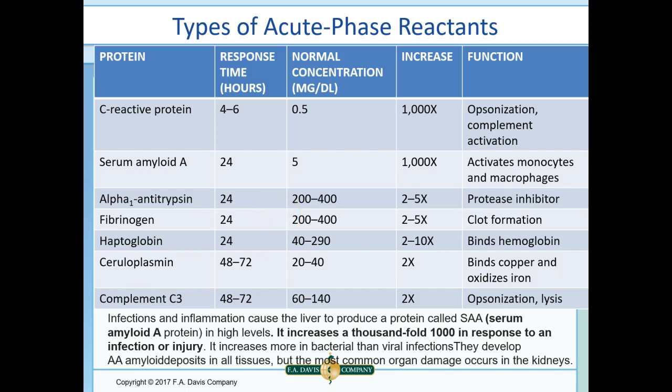Haptoglobin binds hemoglobin. Okay, so after red cells are destroyed, you don't want to pee out all of your hemoglobin, so haptoglobin grabs onto it so it's not excreted by the kidneys. Ceruloplasmin binds copper and oxidizes iron and complements C3. That one's a really important